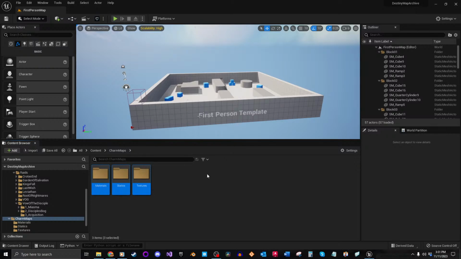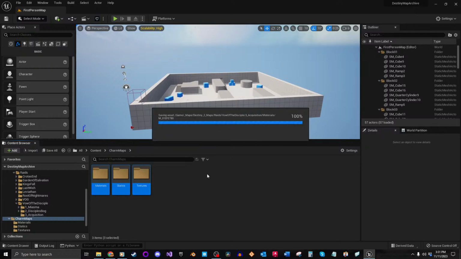I hope you all enjoyed the charm video that I put out on how to import D2 maps into Unreal Engine 5. Again, it is not with the most current build of Destiny 2, but I think it's a very good start. And technically with this version of charm that I did a tutorial on, which is charm version 1.5.5, with a custom script as well, that really gets all the material stuff imported into the engine really nicely. And probably another tip I should have mentioned in the tutorial, I might put it in the description as well, is that